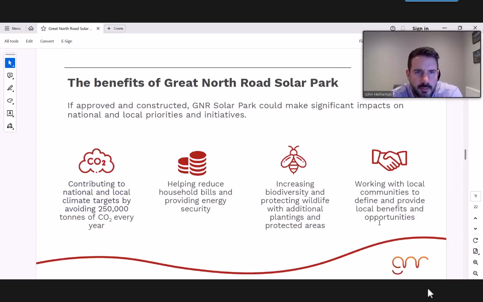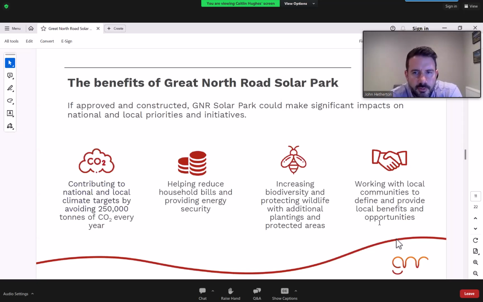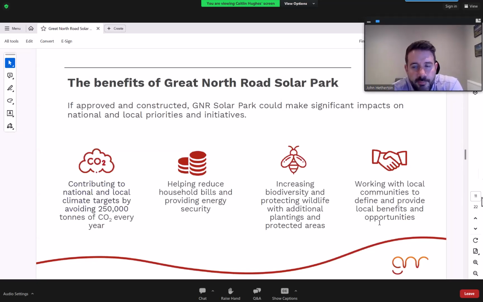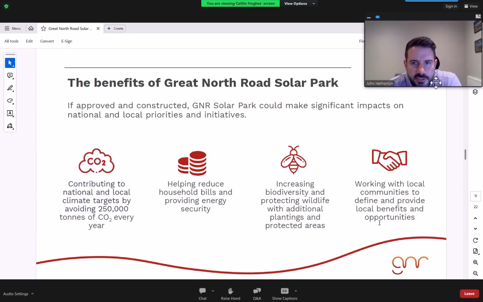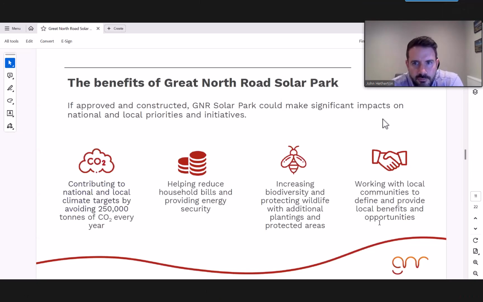Thanks, Elena. So I'm just going to talk a little bit about some of the benefits of Great North Road Solar Park. It's important to note that there'll be direct benefits paid for as part of the development build costs itself, essentially within the red line boundary, as well as a separate annual £1 million community benefit scheme called NG+, which Mark Noon will cover in a bit more detail further in the presentation.